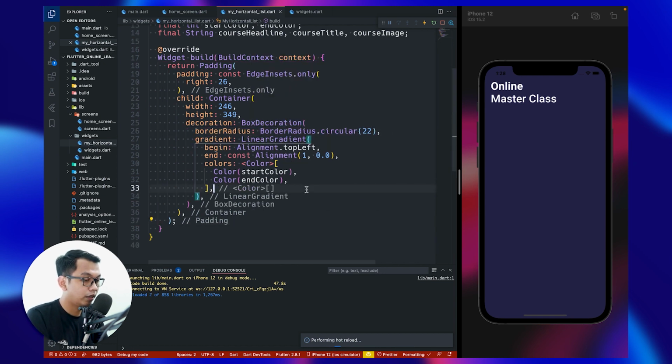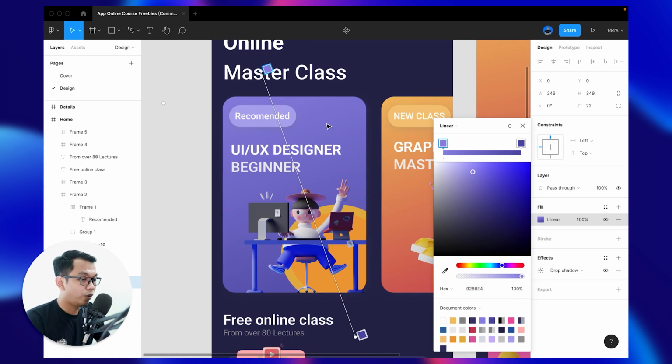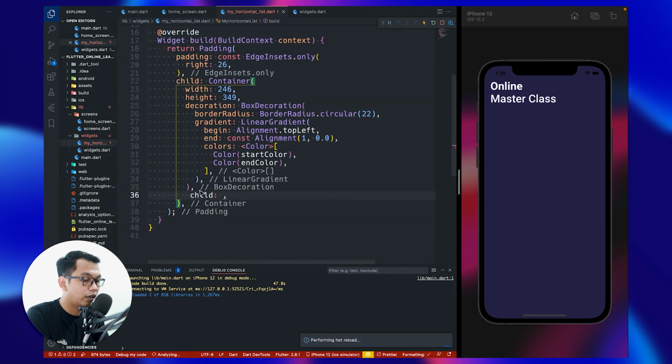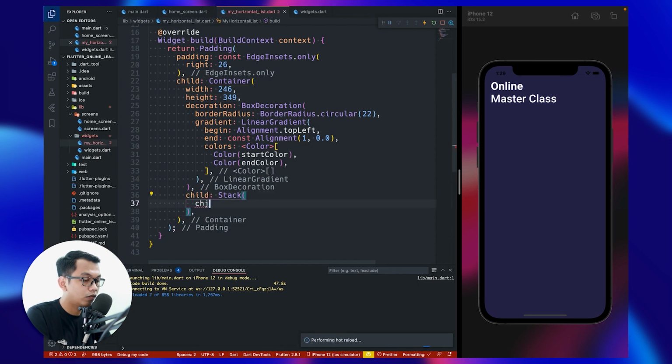And the next step is for our child. Let's see, we have our template for this: headline, title, and image. So for the child, we can use stack widget because we can modify or position as we want. So inside our container, we say child, and for the child, let's say stack widget, and inside our stack widget, we can call children.